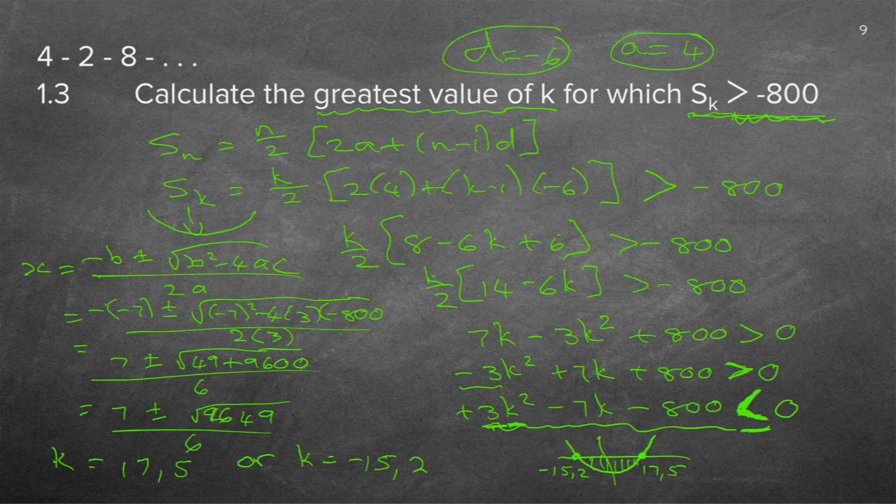And because this one is not applicable, because a term can't be negative, I need to look at the positive one. So I need to look at the very first figure in front of 17,5, which is, it's not N, it's actually K, 17. The very first figure on the left-hand side of 17,5 is 17, so my sum's answer is 17. And there the whole thing is done.